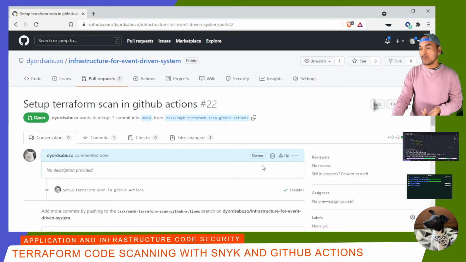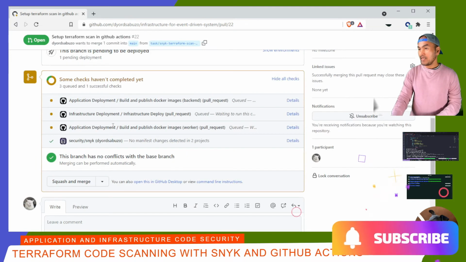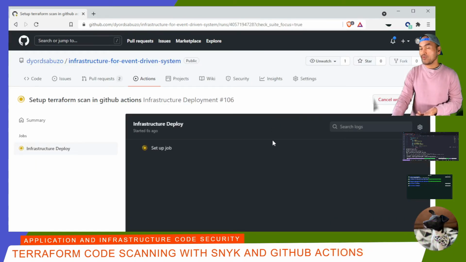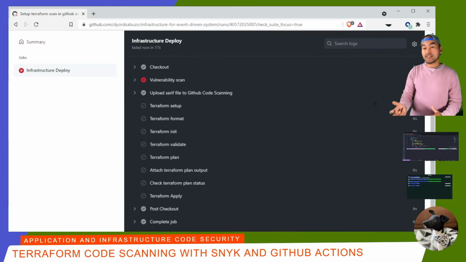And with this pull request created, I'm gonna scroll all the way down this page, click on the infrastructure deployment details, and then monitor the progress of my CI process. My infrastructure CI process is complete, but it's on a failed state. And so if I go back to my pull request,